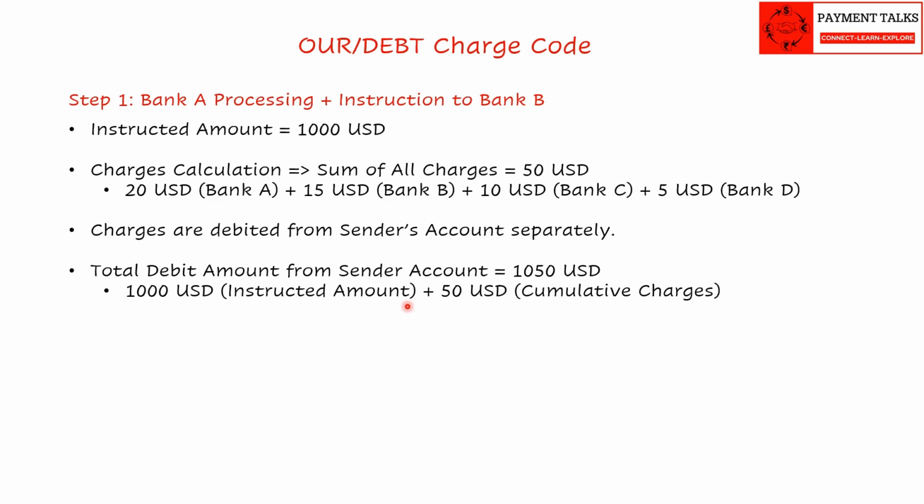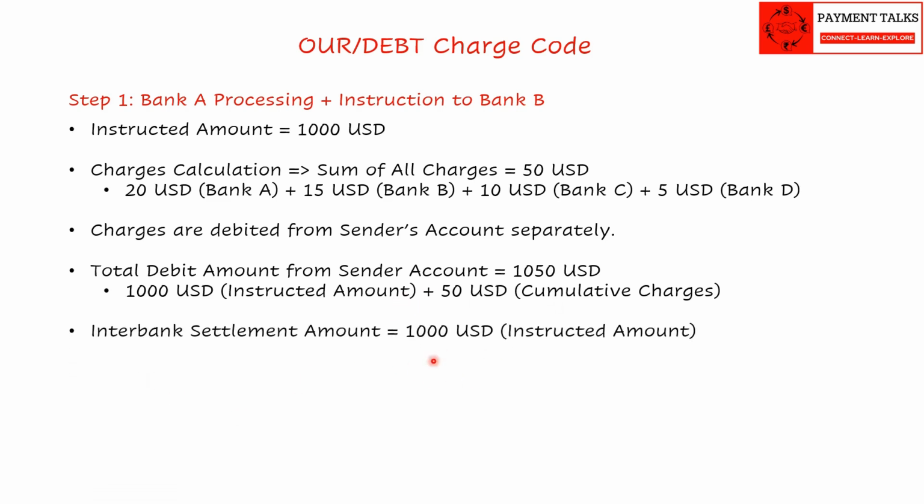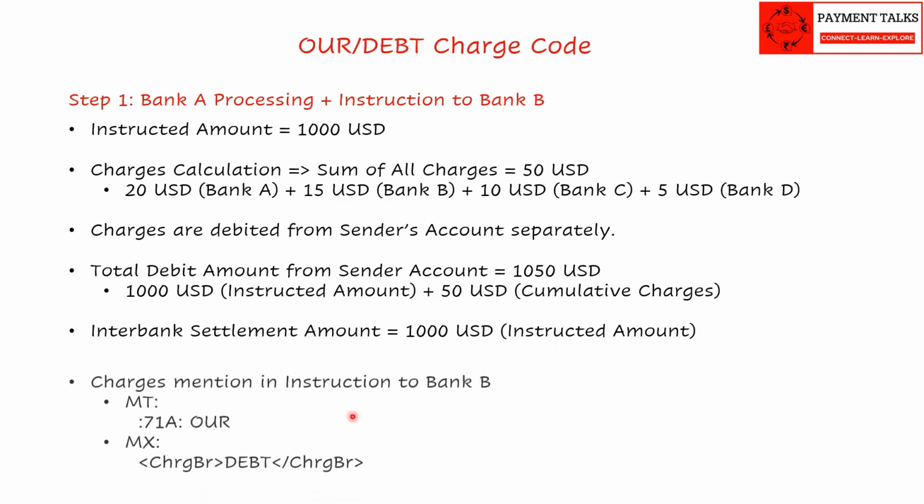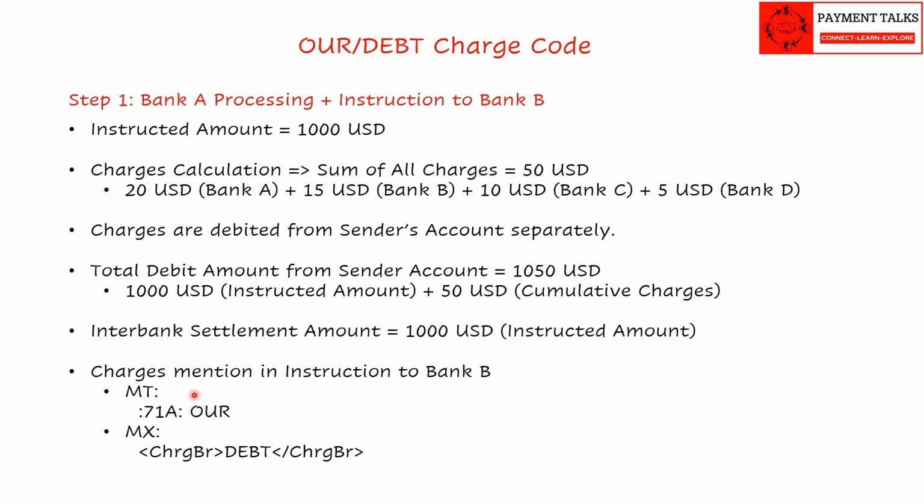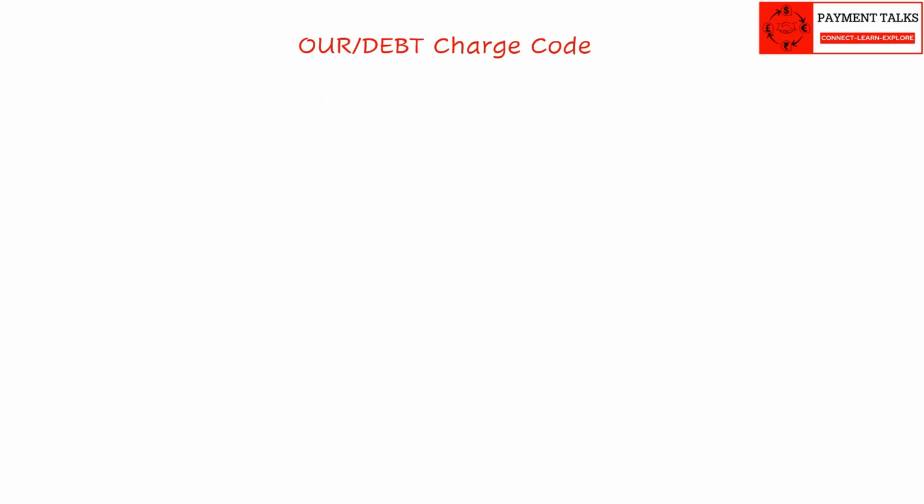Bank A sends the payment with interbank settlement amount equal to the instructed amount of 1000 USD. No charge amount will be mentioned in either the MT or MX message by Bank A. The sender bank usually does not mention the sender bank charges that it takes from the sender in the payment message. This is usually the amount agreed between its customer and need not be informed to anyone, except in the case where the sender takes the charges from the proceeds in charge code BEN.